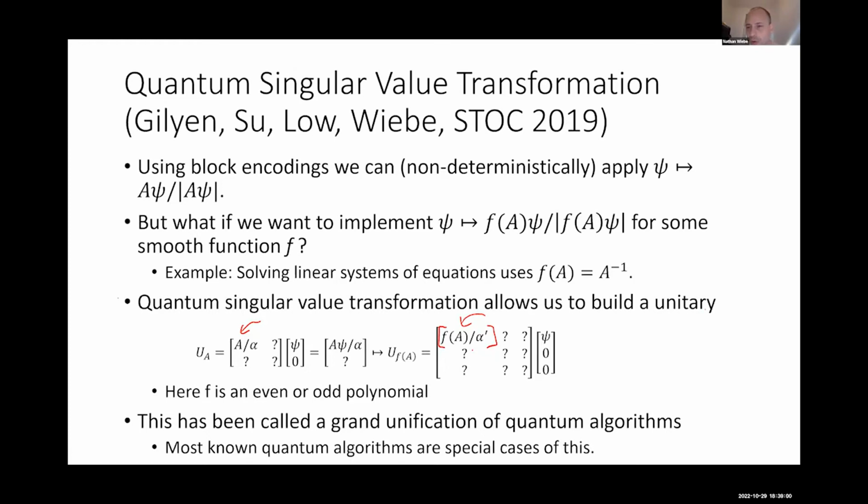But the moral of the story is that block encodings give you a way of building a matrix A inside a block of a larger unitary matrix. The singular value transformation allows you to compute a function of A as a new block encoding inside that matrix. So with these two things together, we have an entire linear algebraic toolbox that we can bring to bear against problems. And it makes a whole bunch of things vastly easier conceptually than they were in the past.